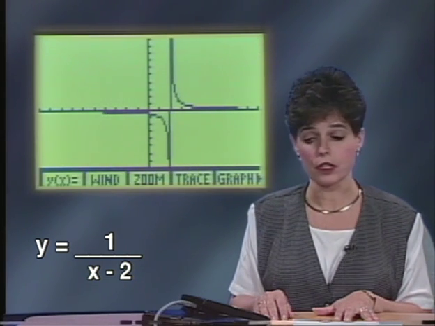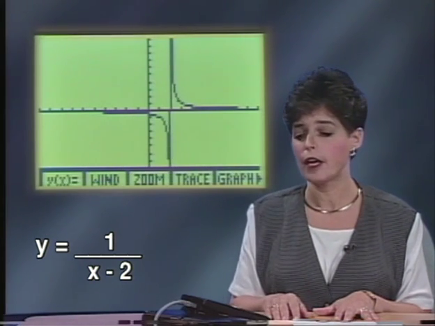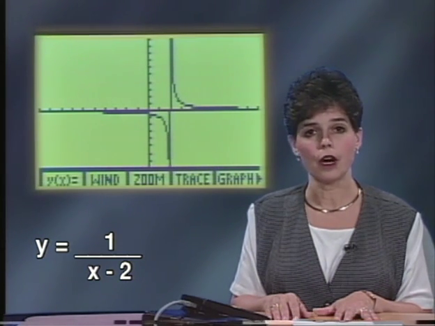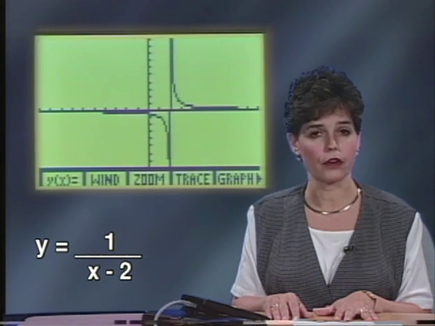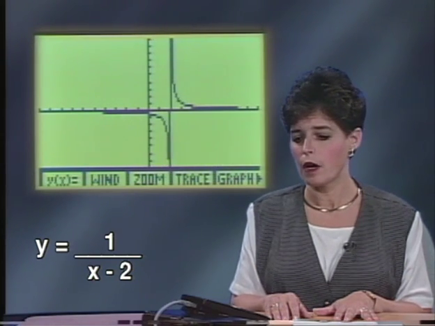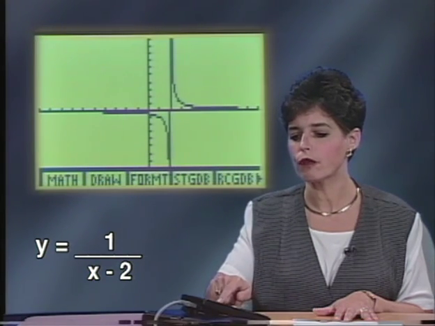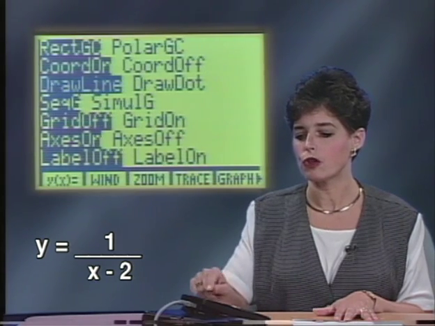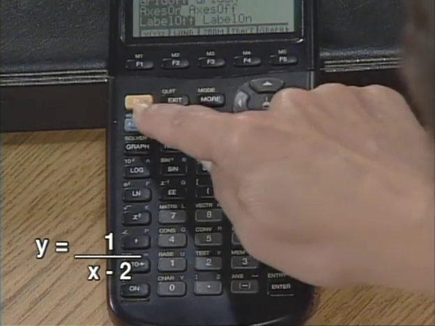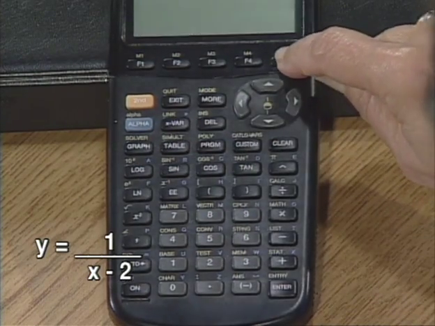Now we see the two parts of this graph, and they are connected, apparently, by this vertical line. It really shouldn't be there, so I think I would like to go back and go into the graph format. Now I can either do this by going to graph, format, or I can go into style, either one. Okay, let's hit the more key, get to format, go to F3, and go down to draw a dot, press enter, and go back now with an exit, press graph, graph with F5,